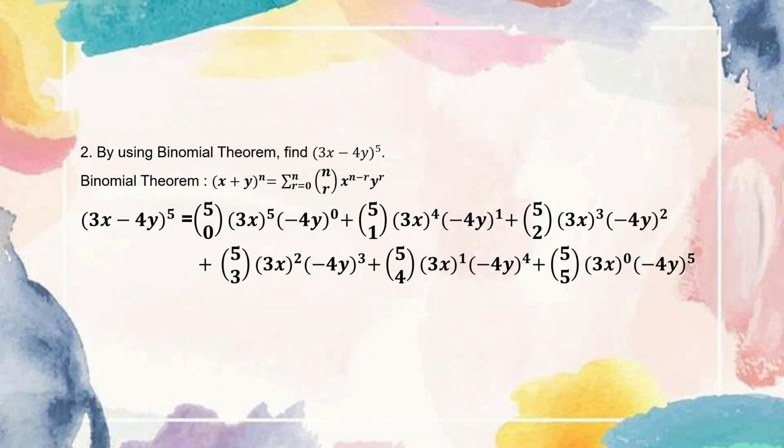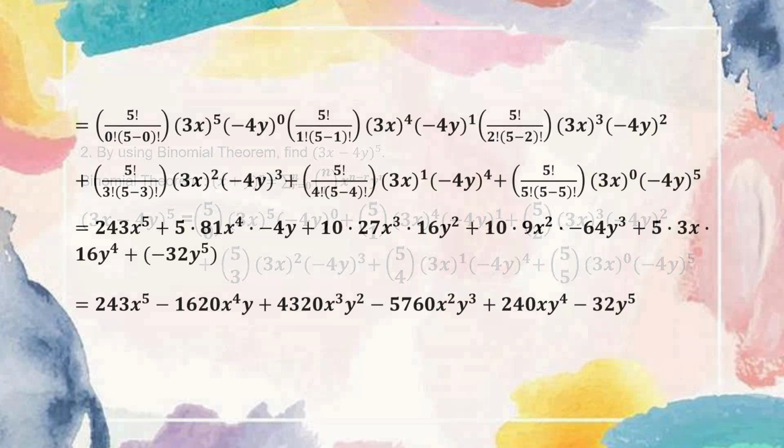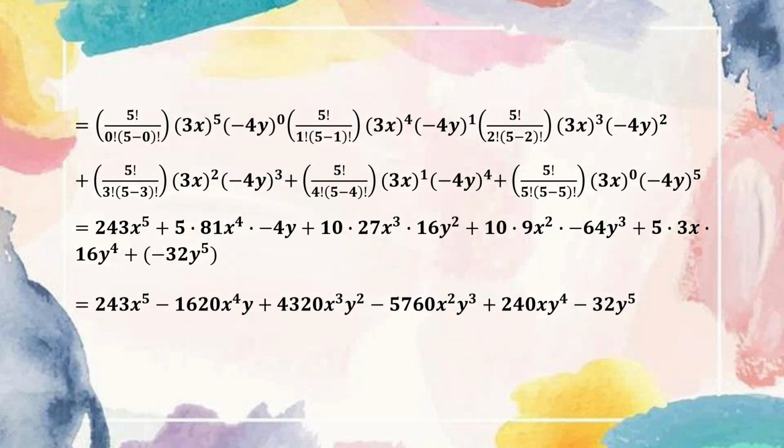Using the binomial theorem, here x equals 3x and y equals negative 4y. Substitute the x and y as in the theorem, where the combination of n r equals n factorial over r factorial times n minus r factorial. We solve for it. After that, we simplify all the values. Therefore, 3x minus 4y to the power of 5 equals